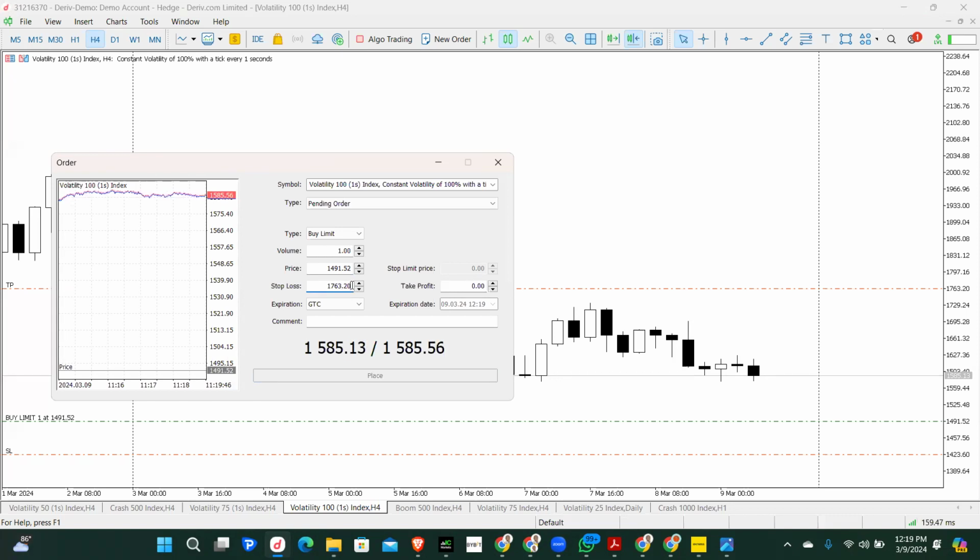Now you see that immediately I put my stop loss at a price above, this place button, I'm not able to click it. It's disabled. So this is to protect me from making an unnecessary mistake. But as long as I'm putting my stop loss at any level below this entry price, it will go.